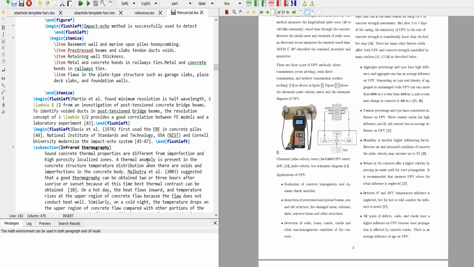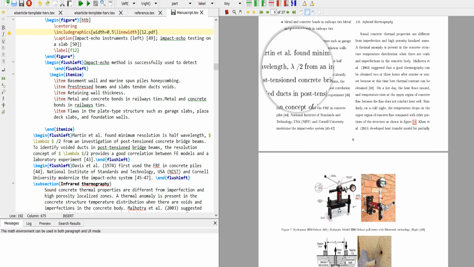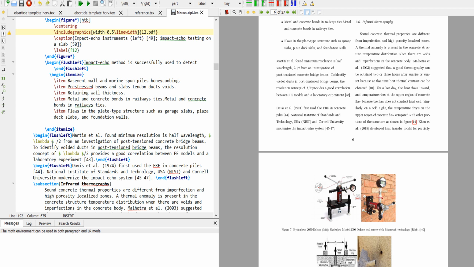Okay. Here is a new term, for example, lambda by 2. In LaTeX, you cannot type that lambda directly. So you have to type it as the word lambda and 2, and you have to give a mathematical